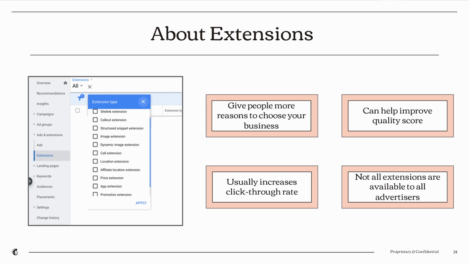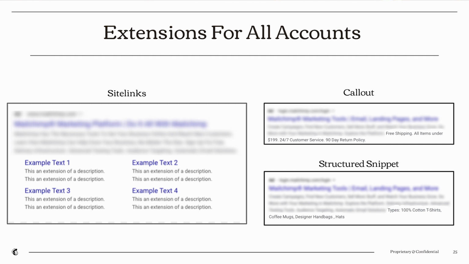So as we talk about ad rank being a factor for why you might be losing impression share, if you add extensions, you're likely to see an increase in that click-through rate as well as an improvement in your quality score. So touching on a few extensions here, one of which being the site links, I would say that this is probably the most commonly used. I would highly recommend for any business to have at least 4 site links that you currently have live. I would also include descriptions.